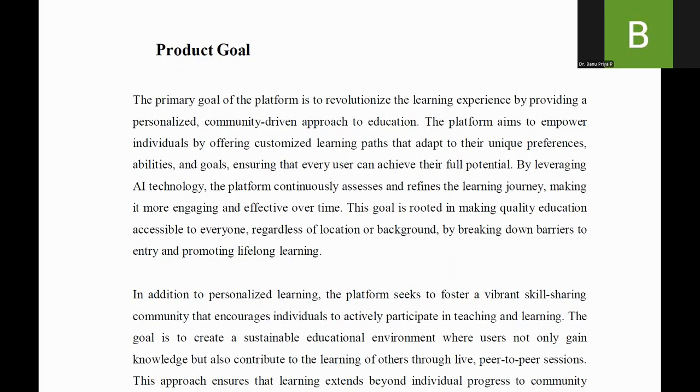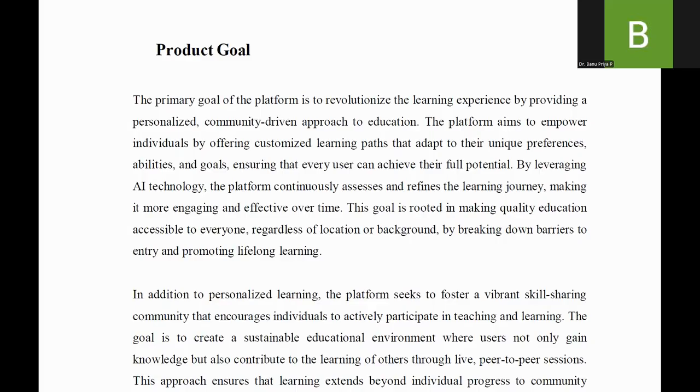So as already discussed, we should be able to visualize our product goal, our objective. It should be based on who is our primary user, who are our targets, what is the benefit to the targets, what will be our market, what will be our gain. Keeping all these in mind, we should be writing a product goal.